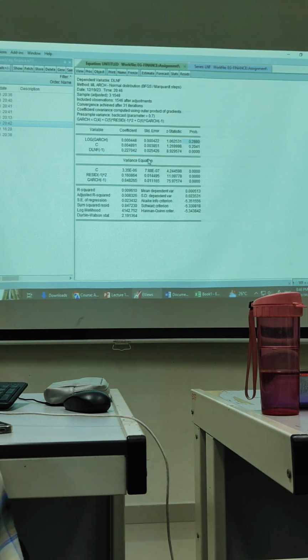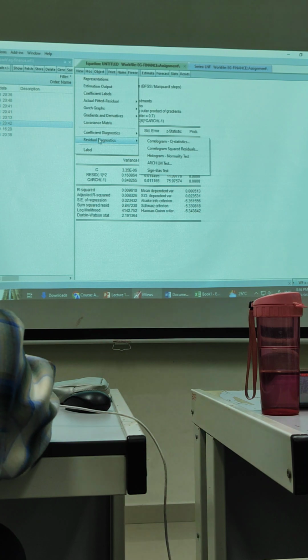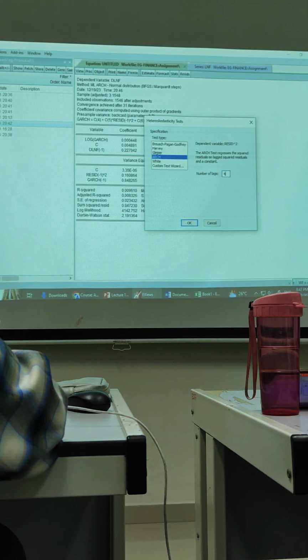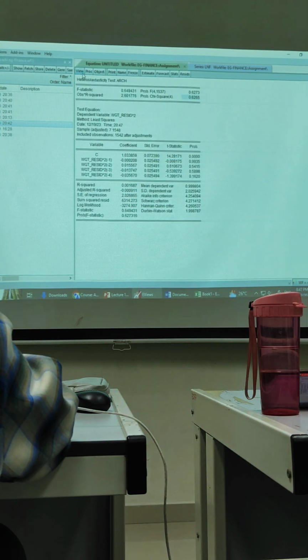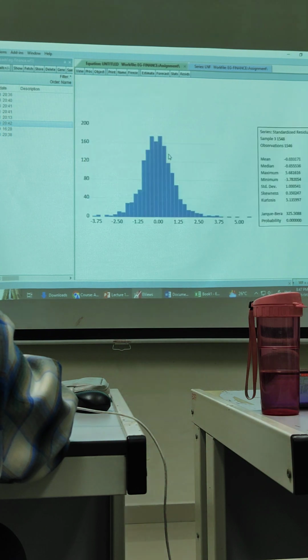So maybe you can ask, is this model suffering from the ARCH effect? You can still go to View, then Diagnostic, to check for the ARCH. To check for the ARCH, perhaps you can start with 4 lags and check. So, okay, no ARCH effect. How about the others? Why do you want to check again? Because you have a different model already. So how about normality? Oh, how come normality is significant?